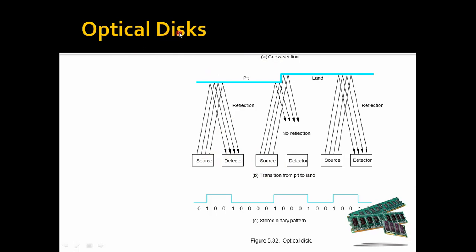Optical disk means we are taking CDs, compact discs. We see compact discs in general life also. Suppose any movie or any function is there, then those videos are stored on CDs. Nowadays we are using DVDs also. So what is the difference between CDs and DVDs? Actually, by observing physically, both are the same.